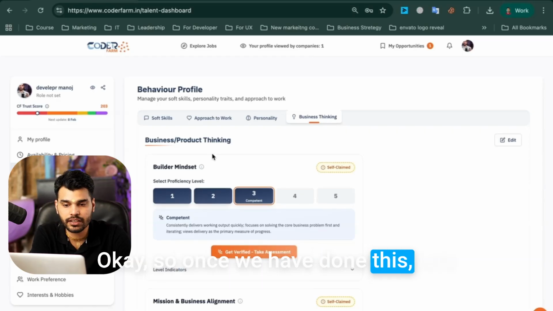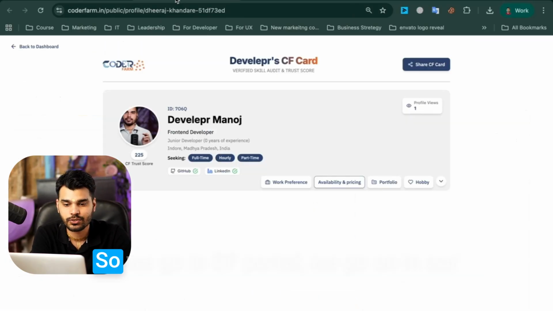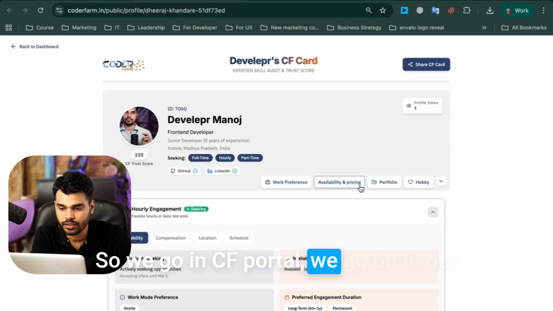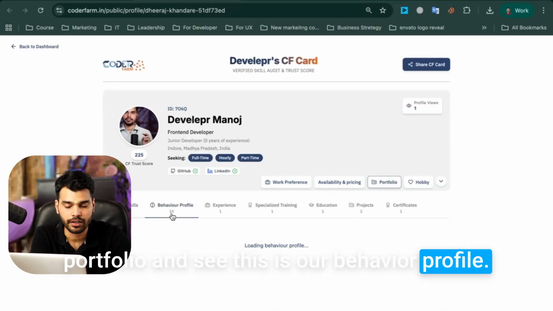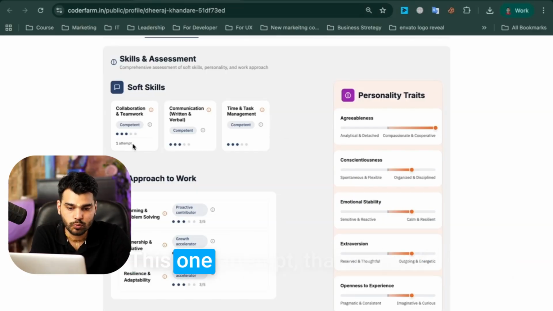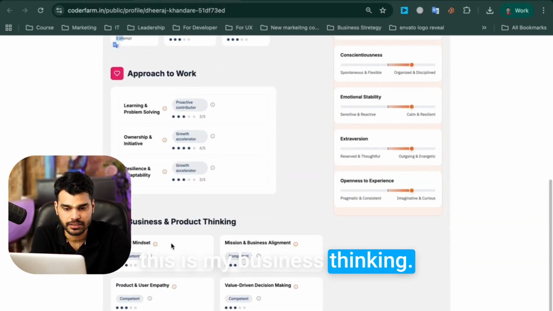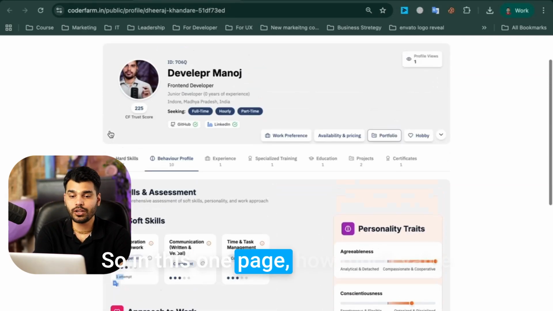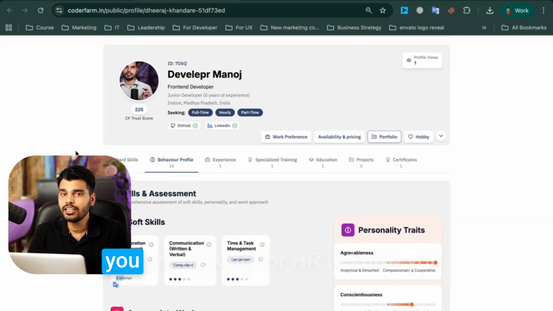So once we have done this, let's go to our CF card and see how it looks. So we go in CF portal, we go in our portfolio and see, this is our behavior profile. See how beautiful it looks when you finish it. Okay, this one attempt means I have taken one attempt of the test for this skill to be verified. And this is my personality, this is my business thinking, this is my approach. So in this one page, how much value you are conveying to HR, how easy you are making it for HR